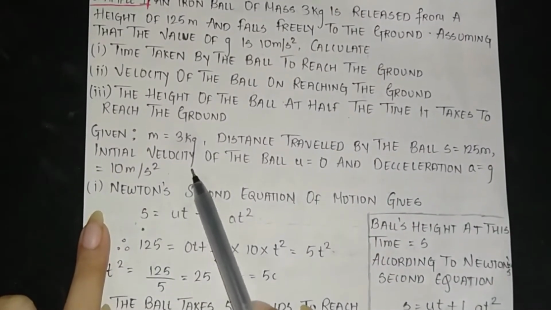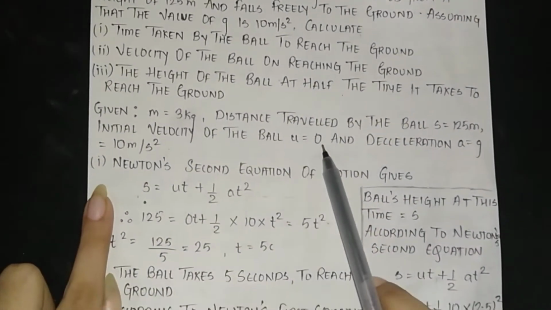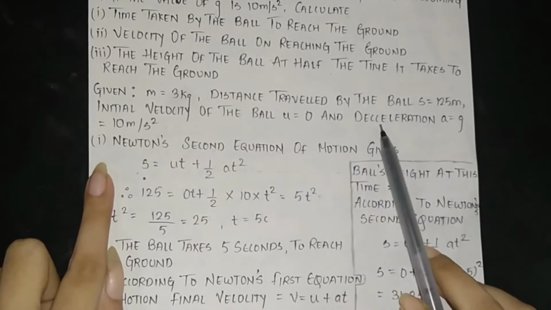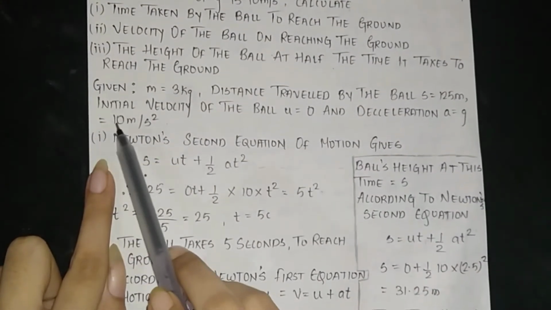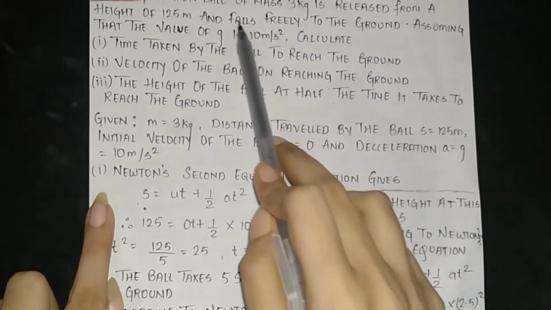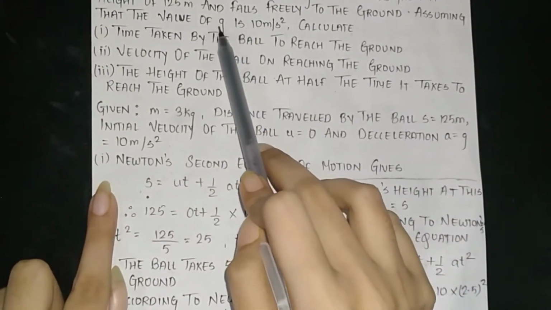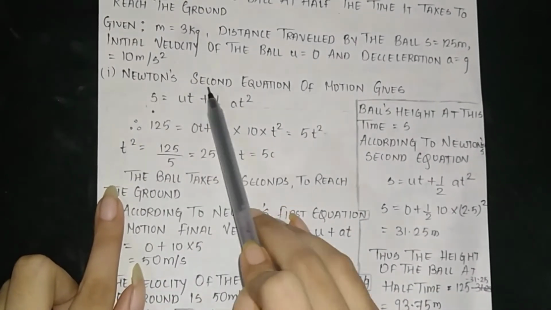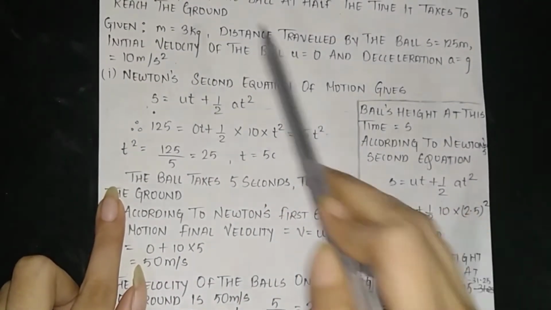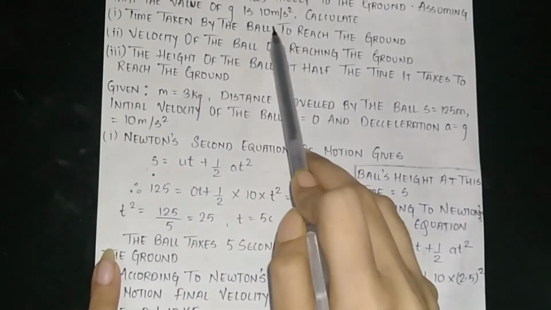Means its initial velocity of the ball u is equal to 0. And the acceleration is due to gravity, therefore a is equal to g, that is 10 meter per second square. The value of g we have finally concluded. First, using the equation of motion, we can calculate the time taken by the ball to reach